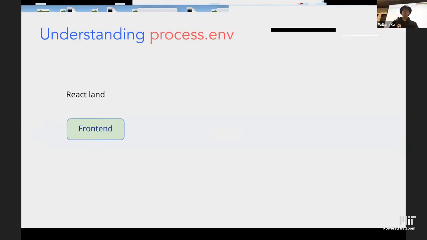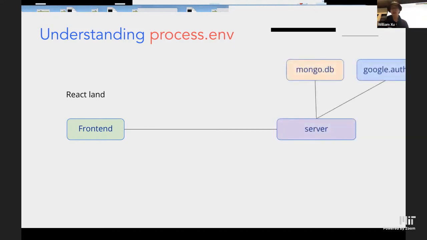So far in this class, we've been talking about the relationship between the front end and the back end, right? Front end is where all your React lives, it's where all your components are, whereas the back end consists of the server, and the server has these individual components of your database and your application for login and that kind of thing. But it also has this environment